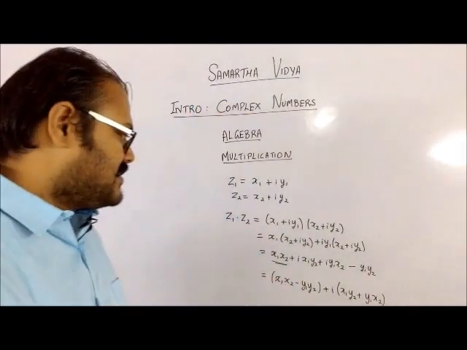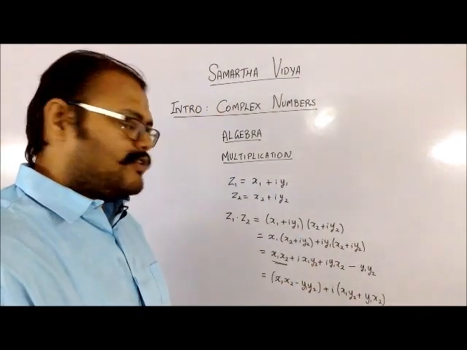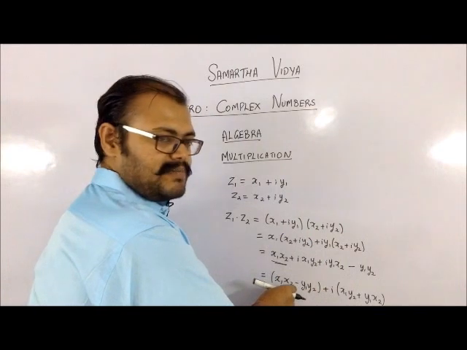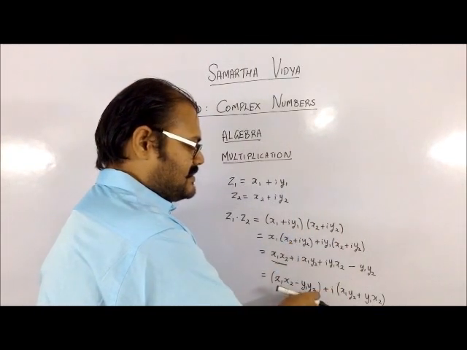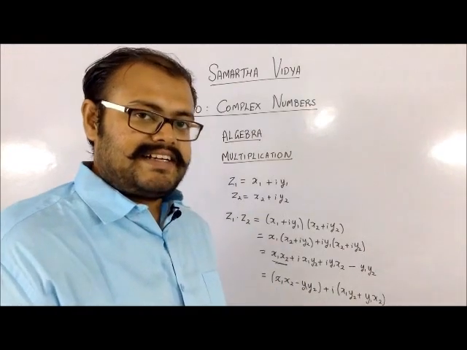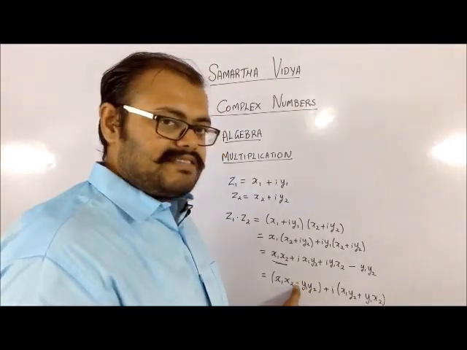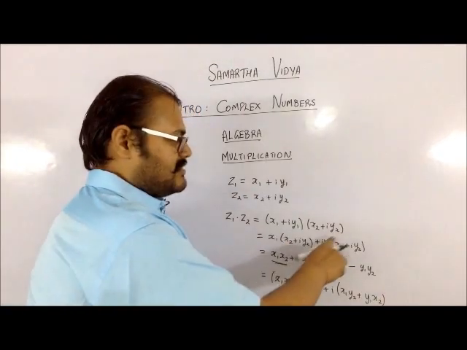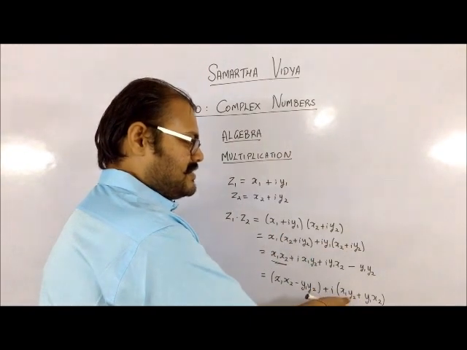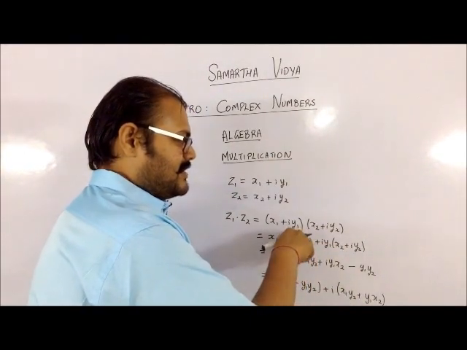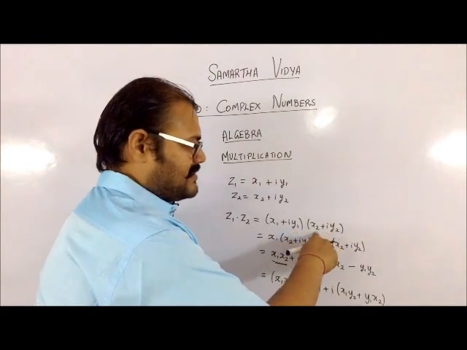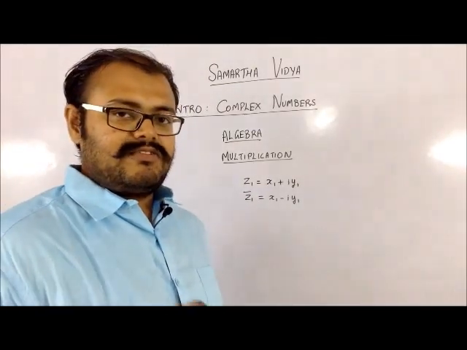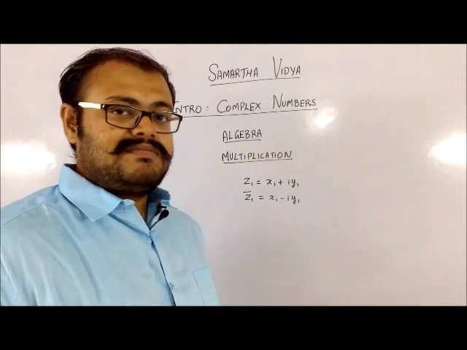So how do you remember this? When you are multiplying two complex numbers, to find the real part, you take the real into real, that becomes one part of it. You take the imaginary into imaginary, that becomes the other part. Then you have to remember that i square is minus 1, so that is why you have this minus sign over here. To get the imaginary part, you take the real part of the first and multiply with the imaginary part of the second, and you get the first part of the imaginary part. You take the imaginary part of the first number and multiply with the real part of the second number, and you get the second part of the imaginary part. Next, let us see what happens if I am multiplying a complex number into its conjugate.